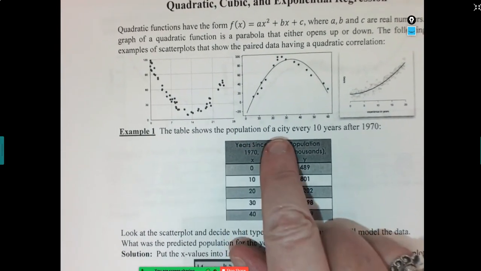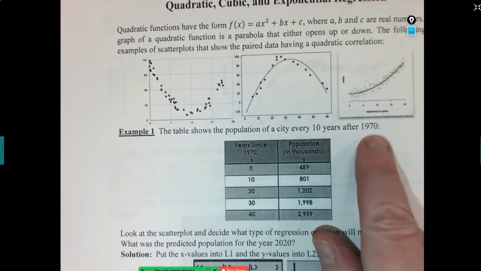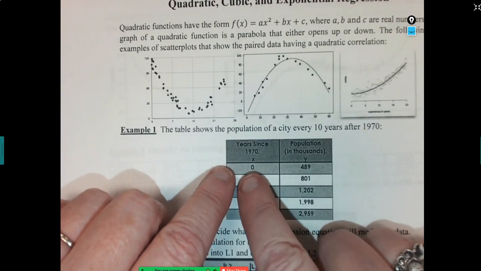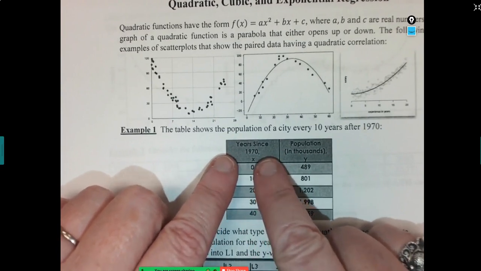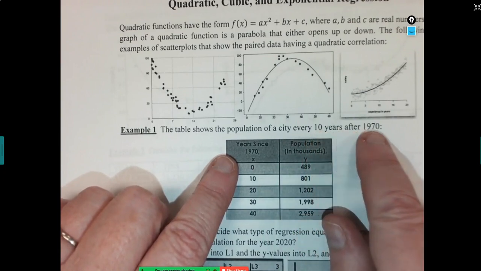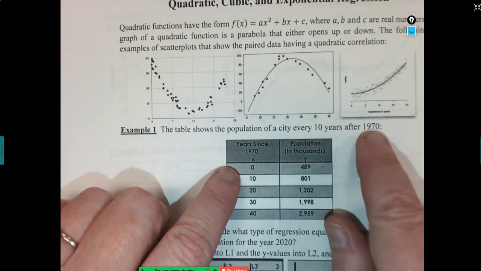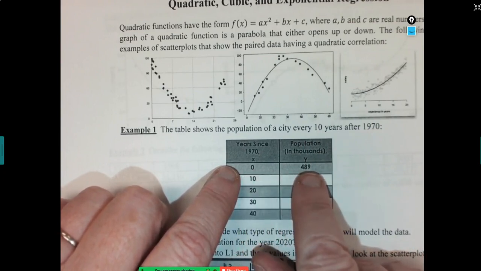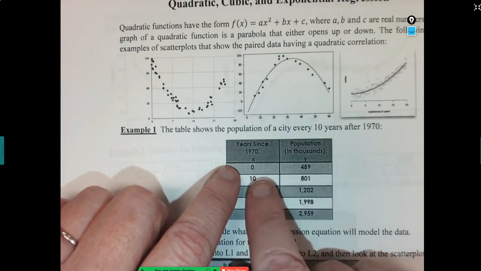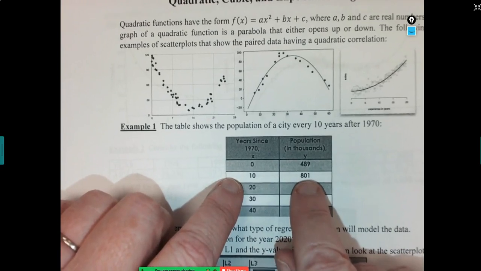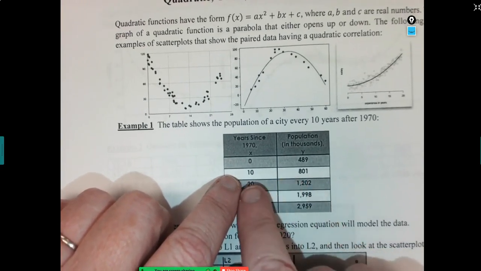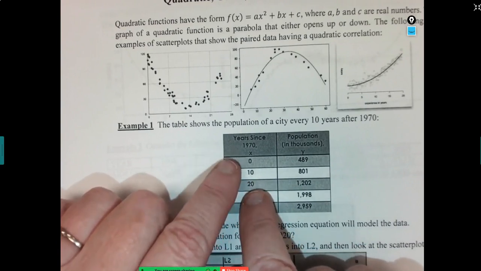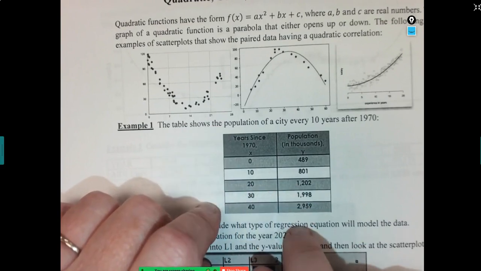The table shows the population of a city every 10 years after 1970. So they've already built in, instead of giving the actual years, so instead of putting down 1970, they're going to have your X values represent the number of years after 1970. So we can see that this city had a population of 489,000 in the year 1970. This city had a population of 801,000 in the year 1980. Okay, and the year here is 1990, which is 20 years after our time started in 1970. Okay, so